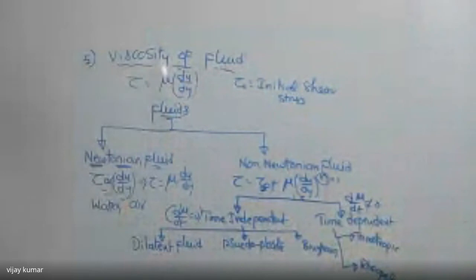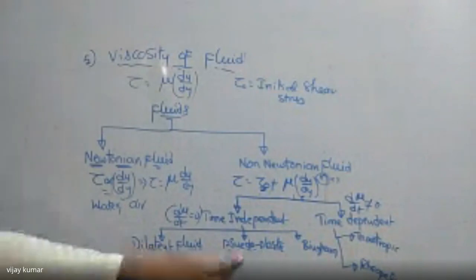So these are the different types of fluids which come under non-Newtonian fluid. Now, totally how many fluids are we having here? We are having first one Newtonian, next one dilatant, next one pseudoplastic, next one Bingham, next one thixotropic, next one is rheopectic. So this is the classification of fluids according to Newton's law of